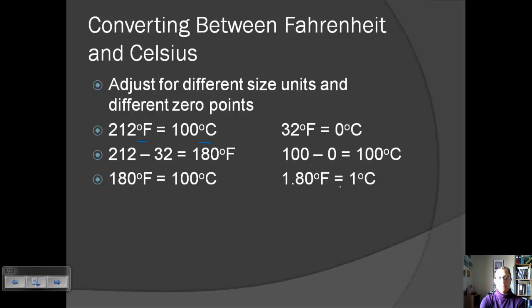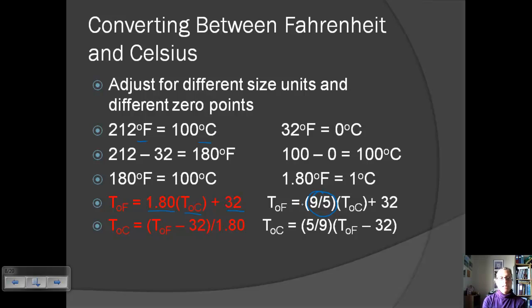So that's how we're linking them together. And then basically we account for that difference plus the 0 points, and we get Fahrenheit is equal to 1.80 times the temperature in Celsius plus 32. Instead of using 1.8, if you wanted to use 9/5, that's fine. Both equations are correct. If you wanted to go the other direction and convert from Fahrenheit to Celsius, then it's